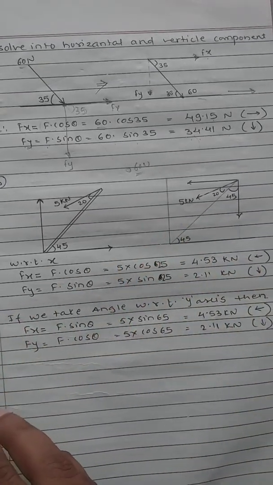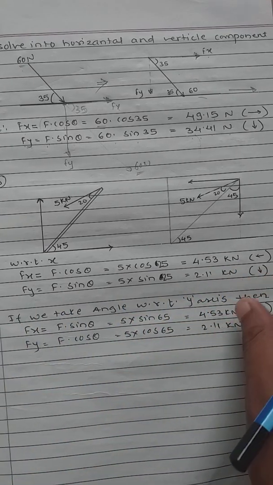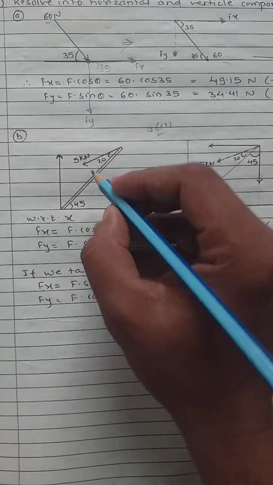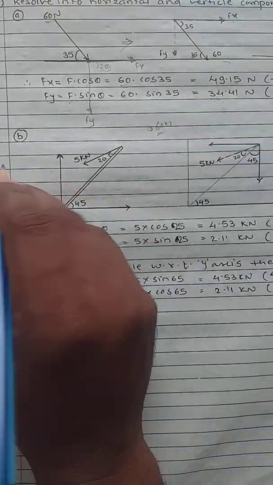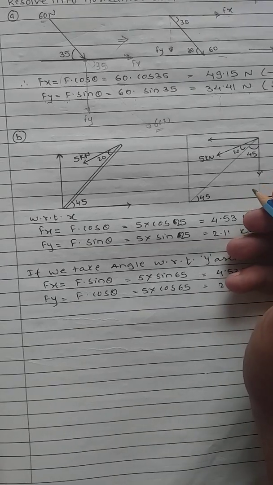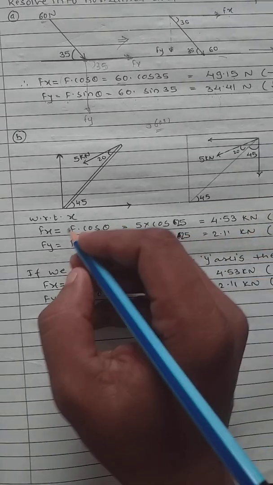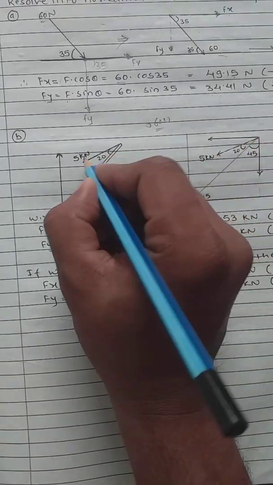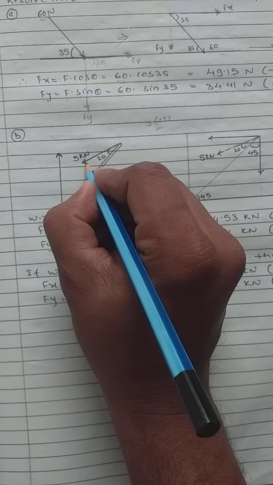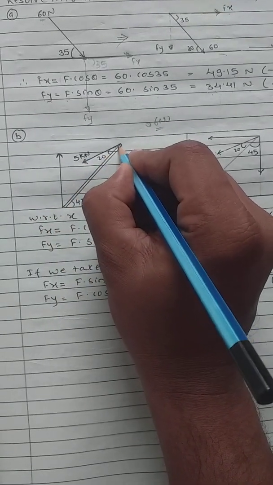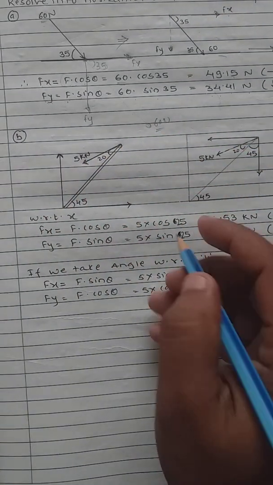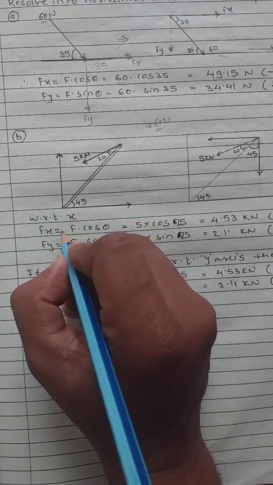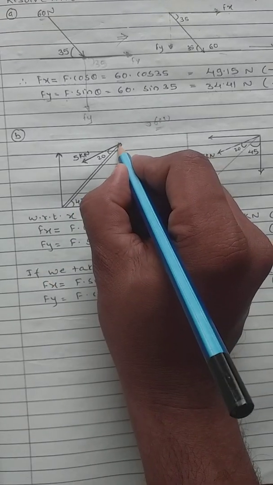Okay, you can try another example also. Now consider this pole. This was an example which was asked in a university exam. So you can see the actual force. Here only 5 kilonewton is applied at this particular point. And what is given? The angle with respect to ground level is 45 degree. But the actual force is applied at this point.